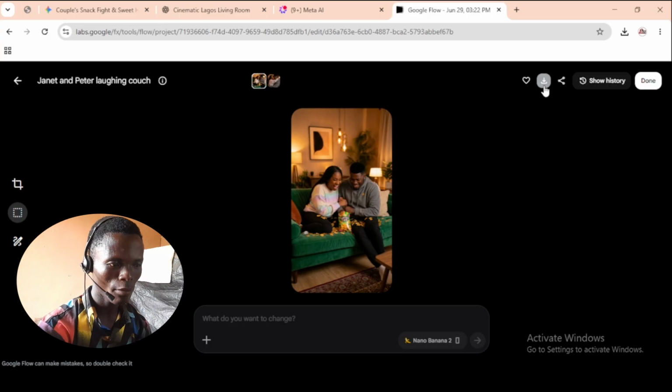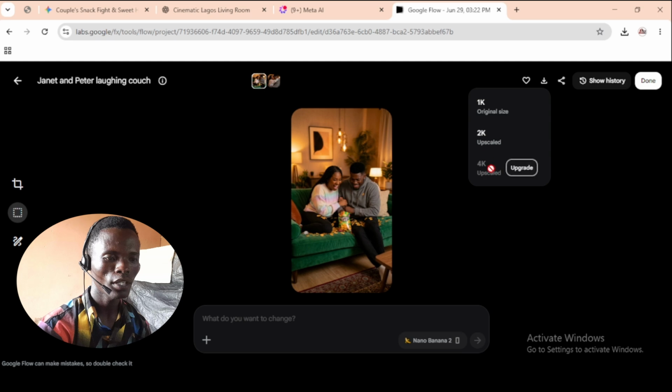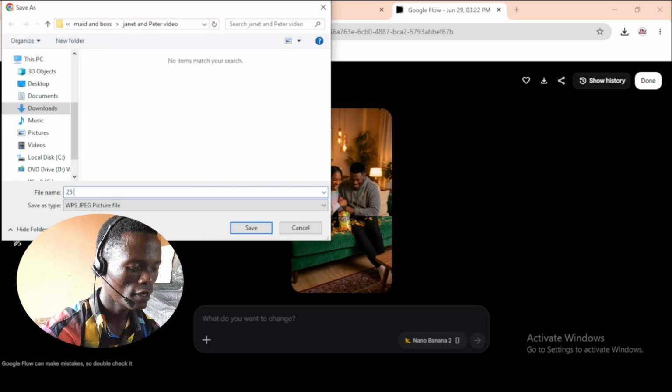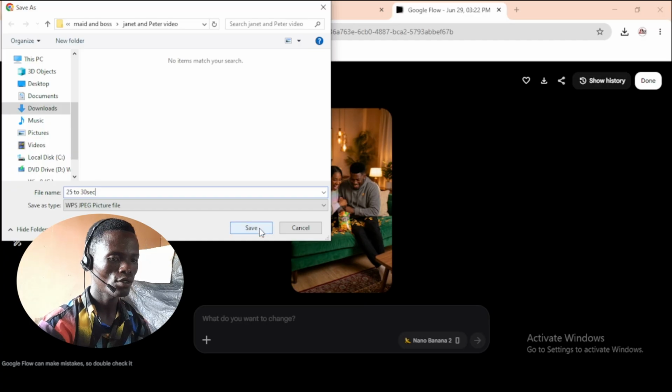That's here. Right now I'm on Google Flow. I download the image. So 1K, that means once you download 4K you'd have to upgrade, but let me download the 1K file size. So that's 25 to 30 seconds, and then I save. So now, right now,